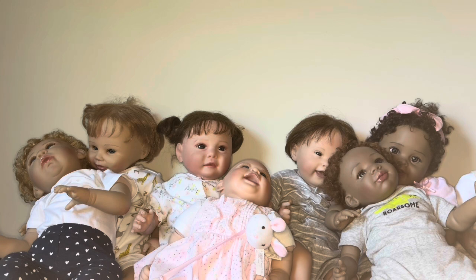So this beautiful chaos that you're looking at right here is my entire Paradise Galleries collection. And I just have to tell you that the accessibility technology on my phone that tells me how many faces the camera can see and where they are has no idea what to do right now. It is freaking out. That's why I'm wearing earbuds. But anyway, I probably won't get to showing each and every one of them individually in this video, but I